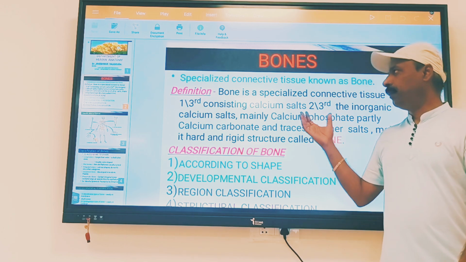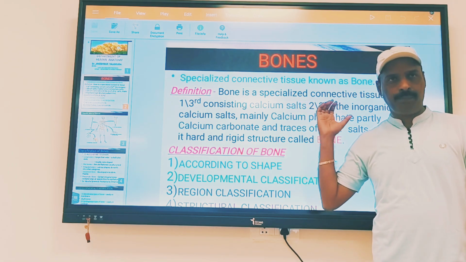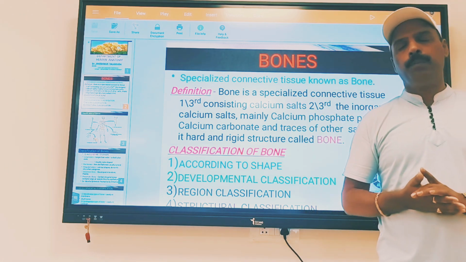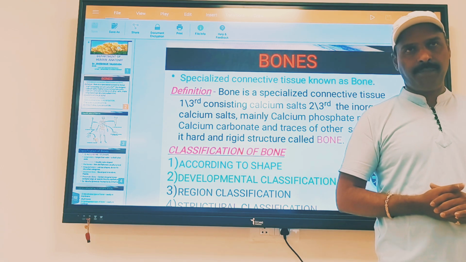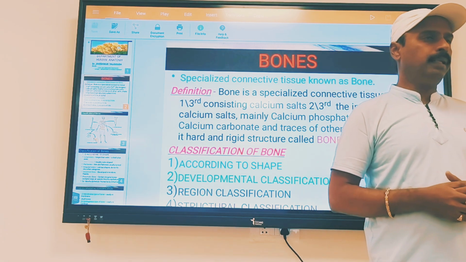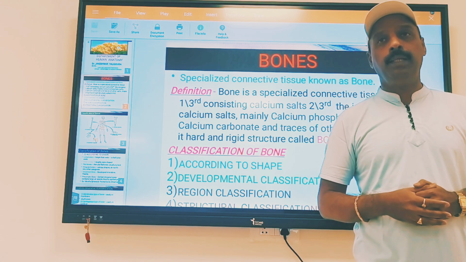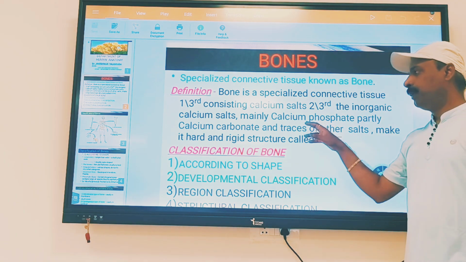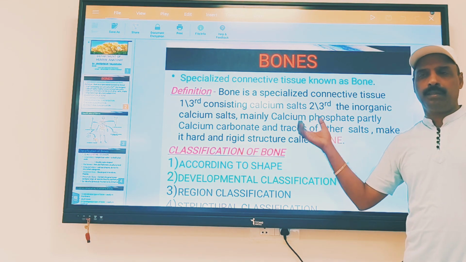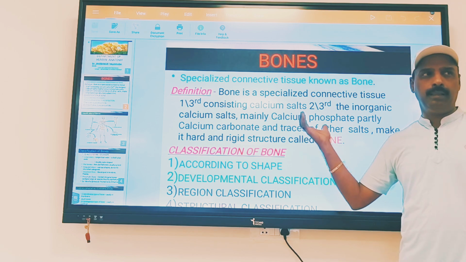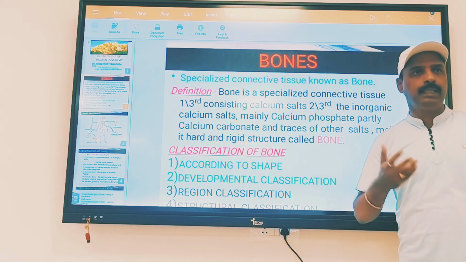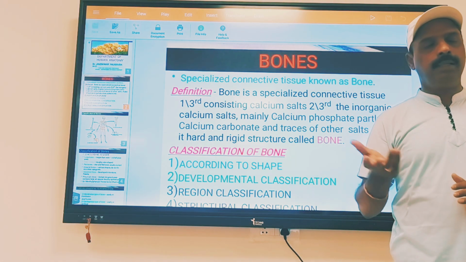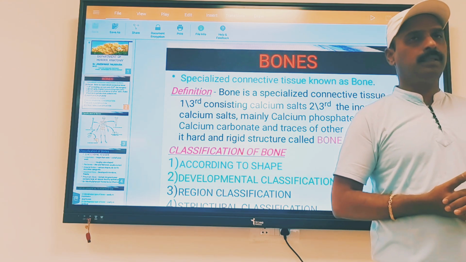One tissue is called specialized connective tissue. It is composed of one third connective tissue, and the remaining part is composed of inorganic calcium salts. So this will become a very hard and rigid structure, and that we are going to call a bone. So bone is a specialized connective tissue composed of one third connective tissue and inorganic salts which